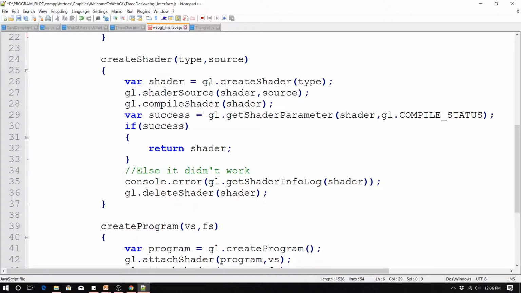Now, remember the state machine. Actually, no, we haven't got to state machines yet. Don't worry about that. So I created the shader, and then, kind of using a C-style function, I'm going to